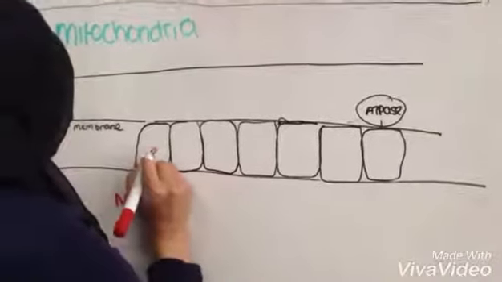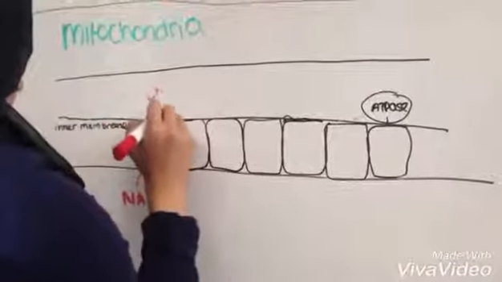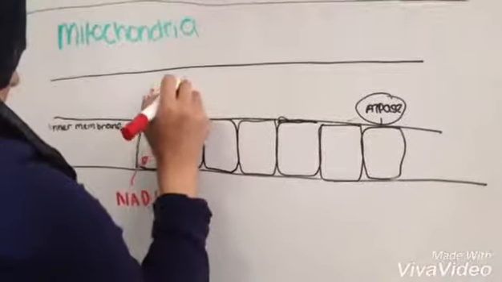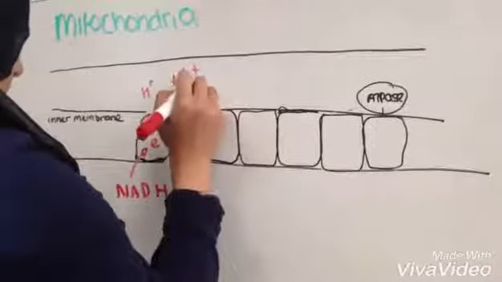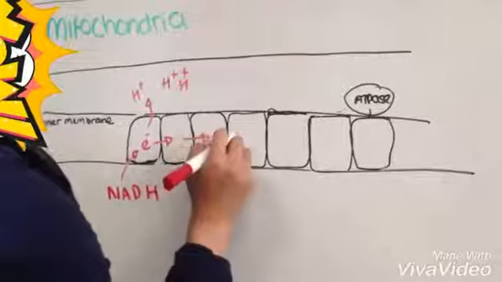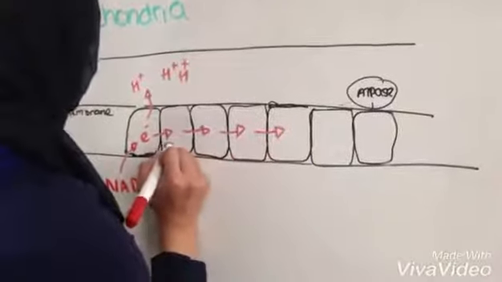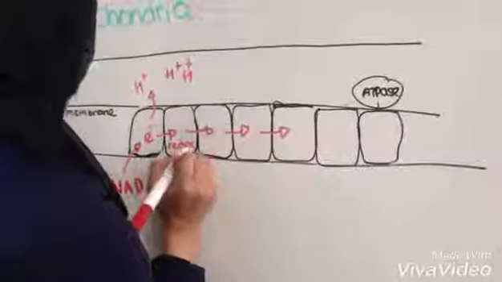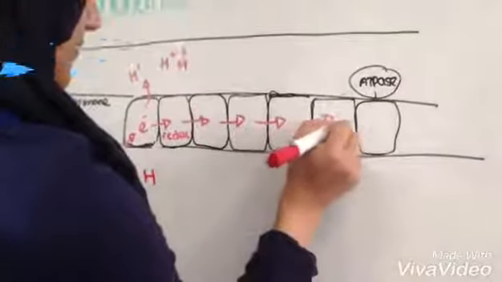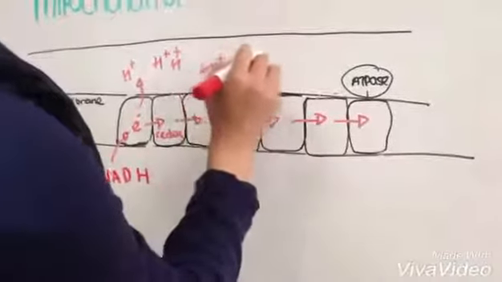So here is our final stage of aerobic respiration. It's called the electron transport chain, and it occurs in the intermembrane space of mitochondria. All of the reduced NADs and FADs are brought here. The little squares you can see represent the electron carriers, and so what happens is the reduced NAD loses its electron to the electron carriers, and the electron then passes down the chain, and as it does, protons are released